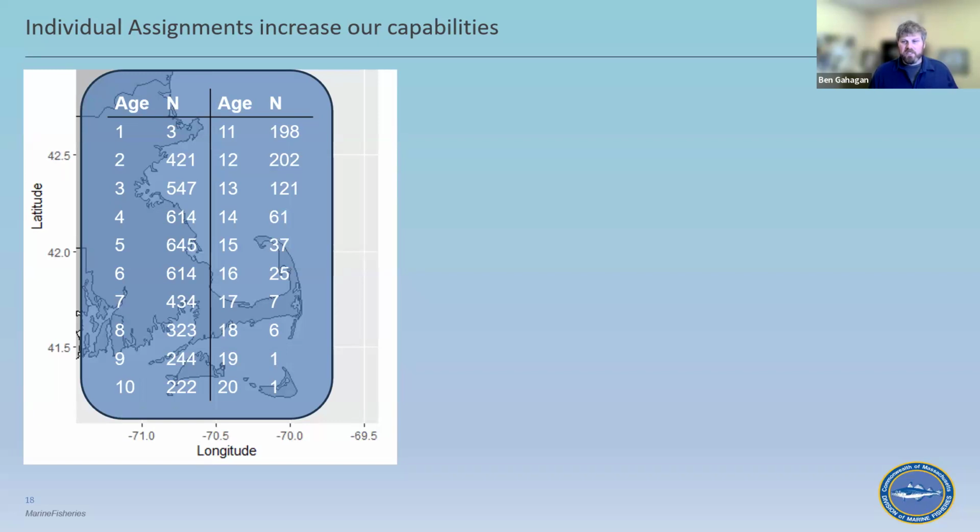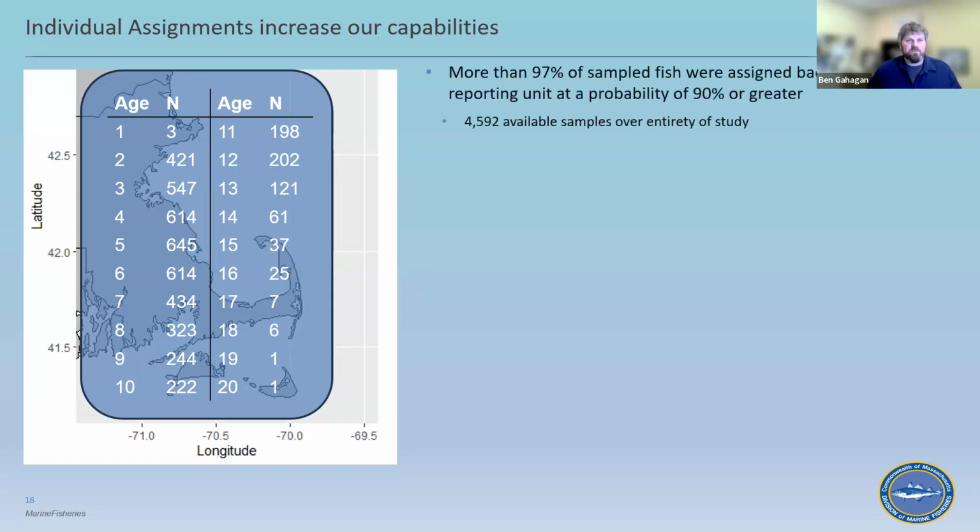On the left here, you can see reporting unit proportions by age of all fish, with peak sample sizes at ages 4 through 6, and then decreasing to a handful of striped bass as we get all the way out to 20-year-old individuals. I am going to present the 18, 19, 20-year-old age classes, but take those with a huge grain of salt, given how low the sample sizes are for 17 through 20. But speaking again to the capabilities of the GT-Seq panel, we only lost 134 samples to low probability of assignment, that's below 0.9. So this left us with many, many samples to ask some very interesting questions of the data.